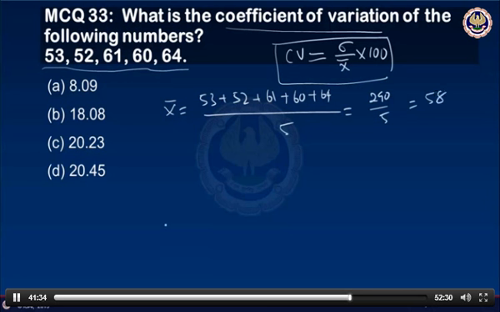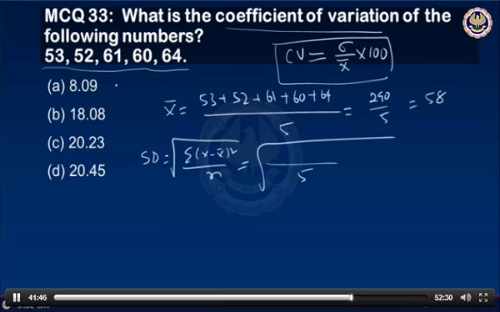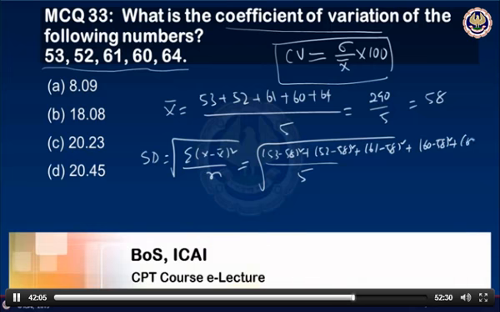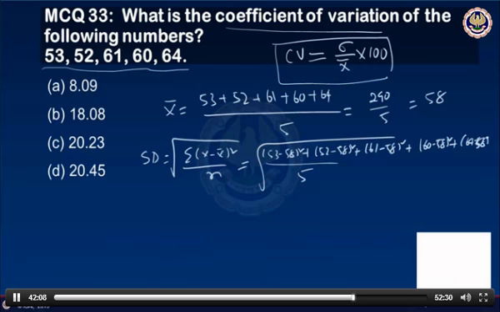Now further we have to compute the standard deviation. The standard deviation is the square root of the summation of x minus x bar whole square by n. Here n is 5 and each observation is subtracted from the mean value: 53 minus 58 whole square, 52 minus 58 whole square, 61 minus 58 whole square plus 60 minus 58 whole square plus 64 minus 58 whole square,